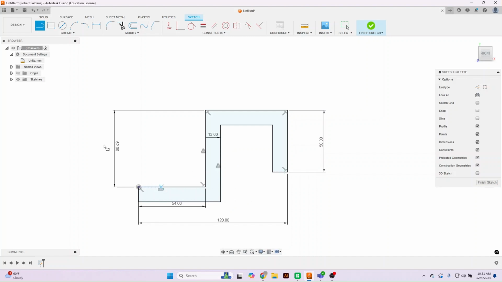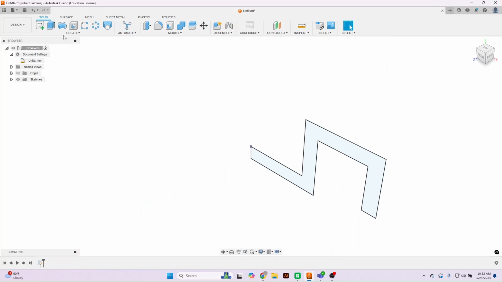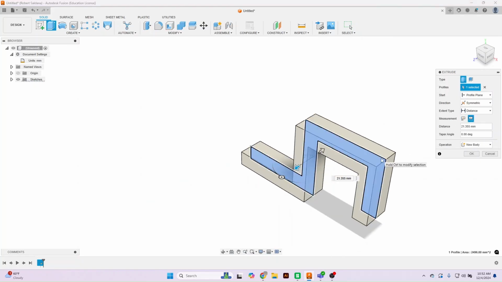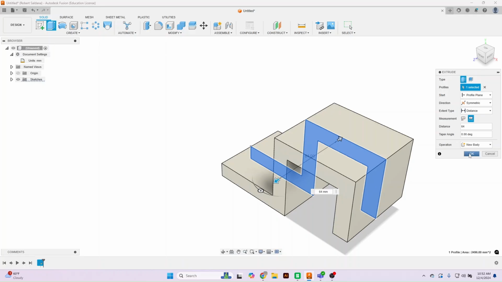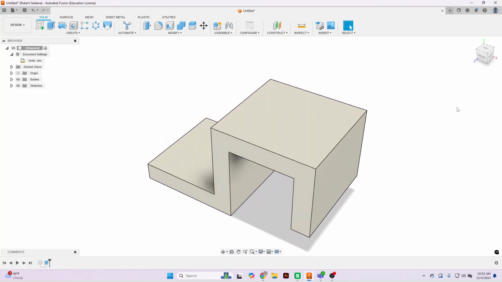I think that this dimension and this are in the same line. I'm going to delete this and I'm going to make this collinear. So this line and this line are on the same line. I'm not 100% sure of that, but yeah, actually it is. Okay, so that's correct. All right, so it's fully constrained. Click on Finish Sketch. I could do a symmetrical, and this one 64. Okay. And then from there,